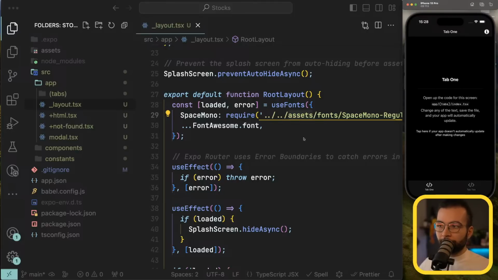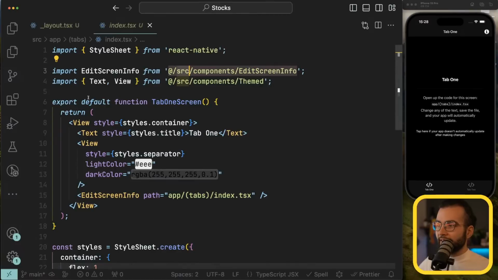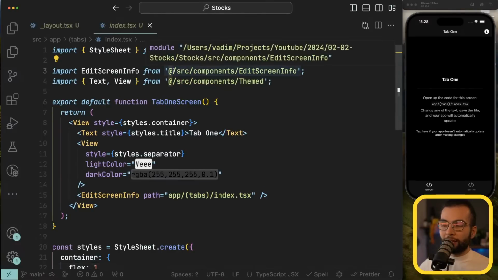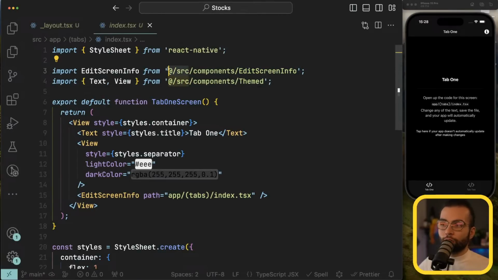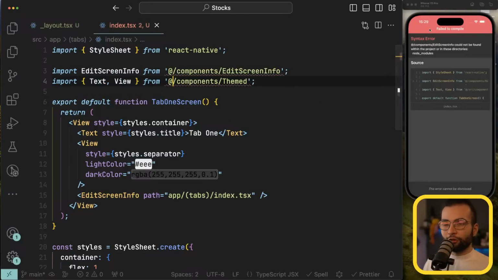was working before. If you still have any issues, then make sure that where we import with @, in my case, it automatically renamed from @ to @-source. So this was done for me automatically. If it hasn't automatically renamed it, and if it remained like this, you'll see some syntax error like this. So either go into these files that show you the error and add the -source,